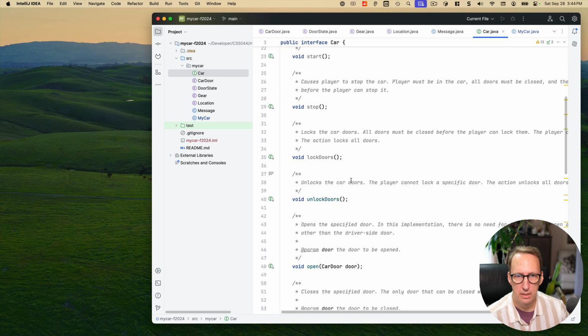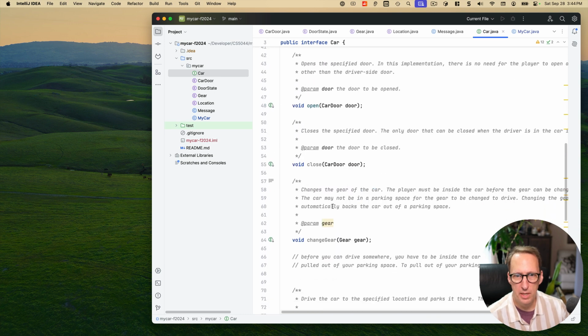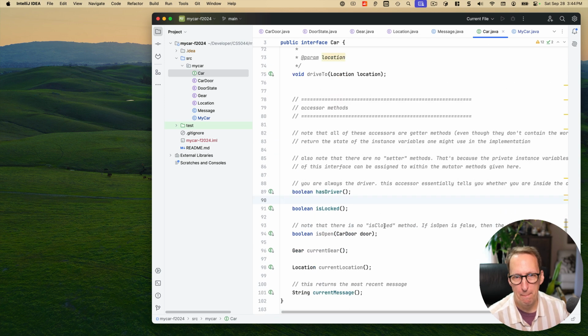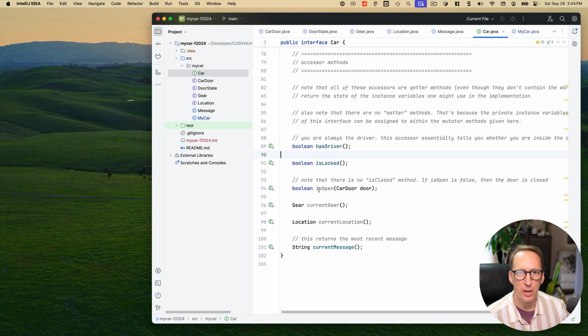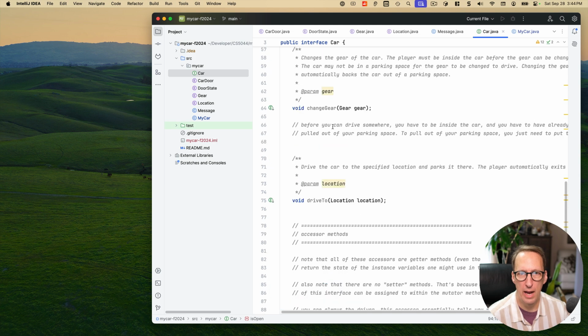Okay, doesn't look like I have an is open there. I have mutators for that. Where are my, oh, here are my accessors. I have is locked on the car accessor. If I have is, oh, here it is: is open, car door. Okay, so there is an is open. All right, fantastic. So let's go ahead and look at how